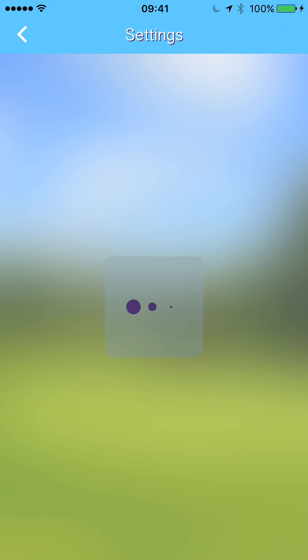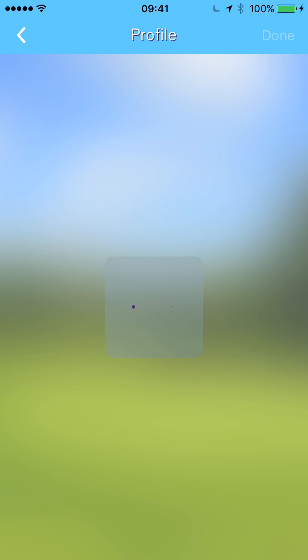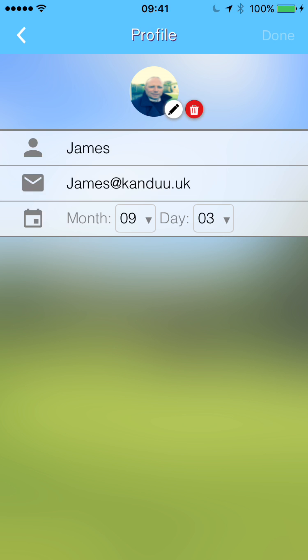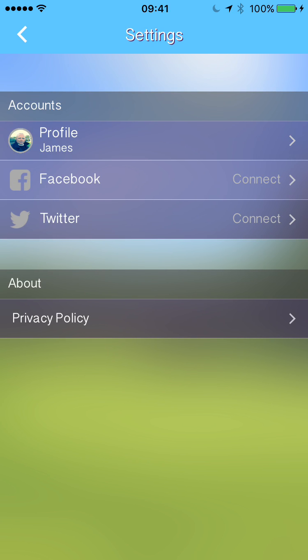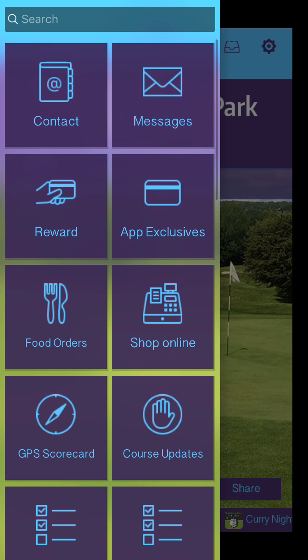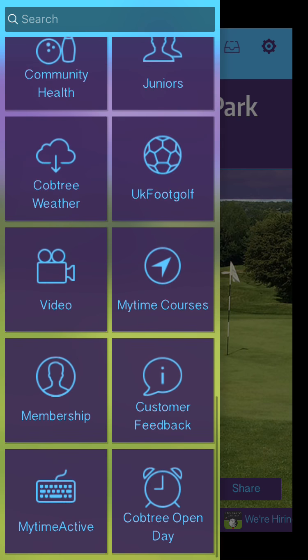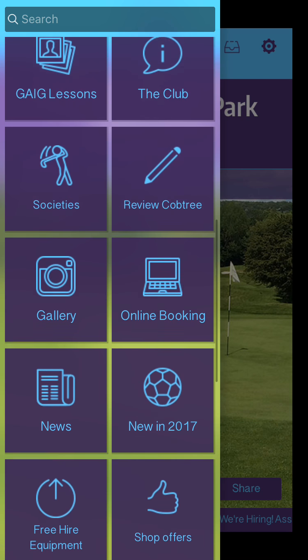If we go up to the top right hand side here, this is where we can sign in, which enables us to interact with the mobile app. We can use our social media profiles to do that. In this instance though, I've just created one very easily for myself, which allows me to interact with the app at later stages, and there's a nice strong feature there. So moving on into our main menu, we've got tons to go through here. Just quickly scroll down, you can see how many features this particular course are using and how they're engaging